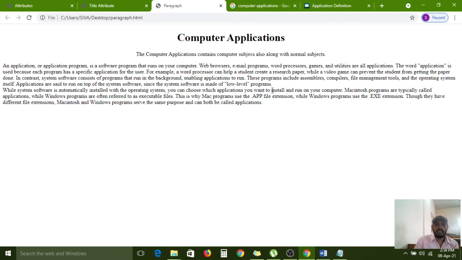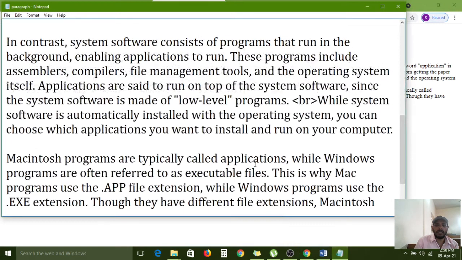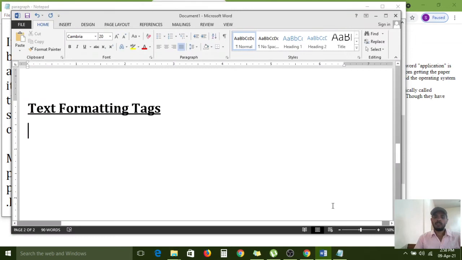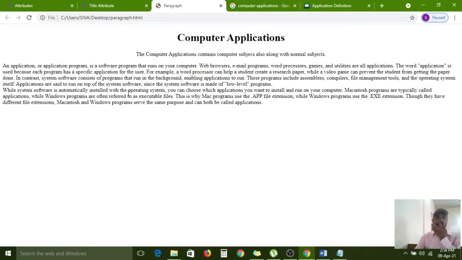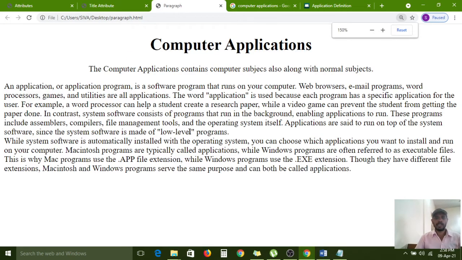The paragraph is split by the BR tag. Here what I have used. If you want to break any paragraph, for that BR tag is very useful. It will immediately break the line and the next content is displayed on the second line. So here the output looks like this.